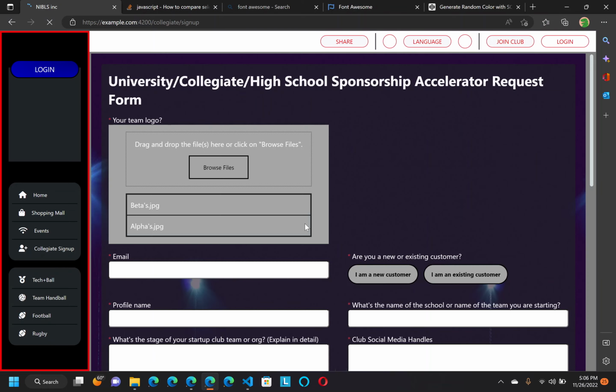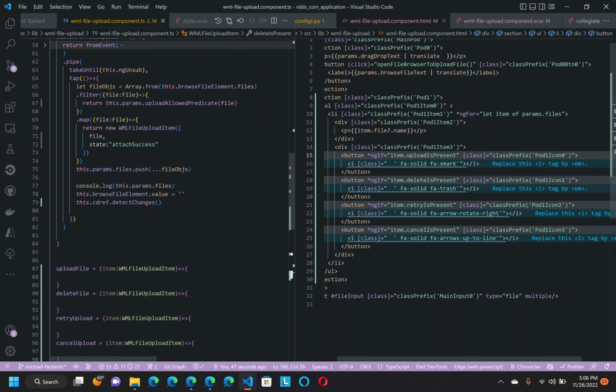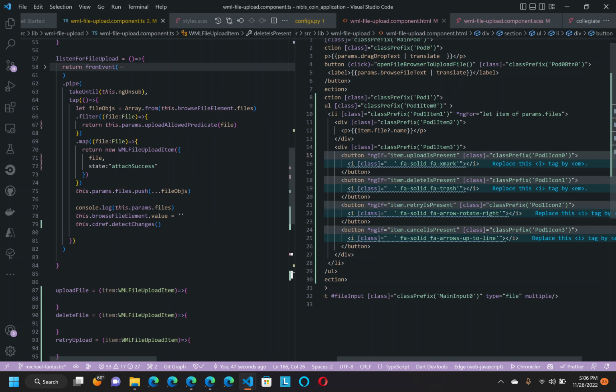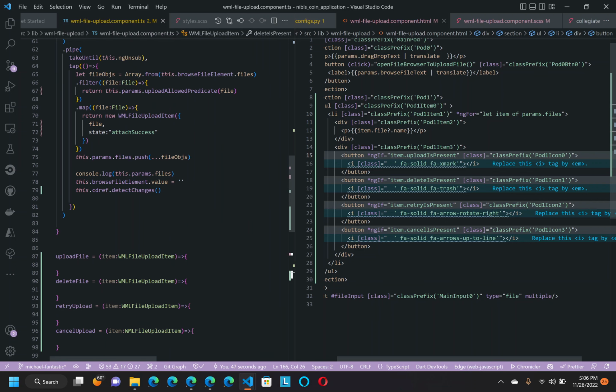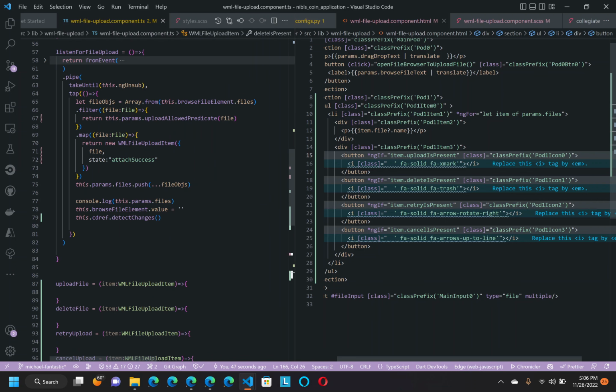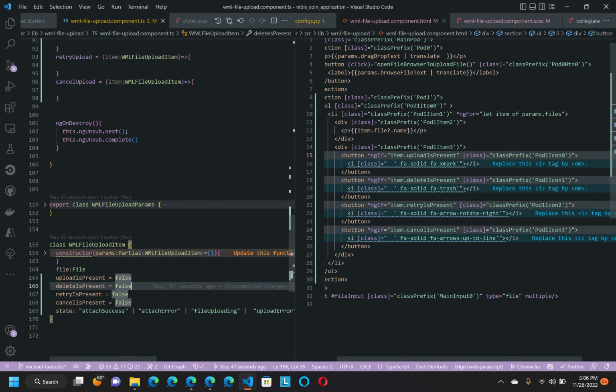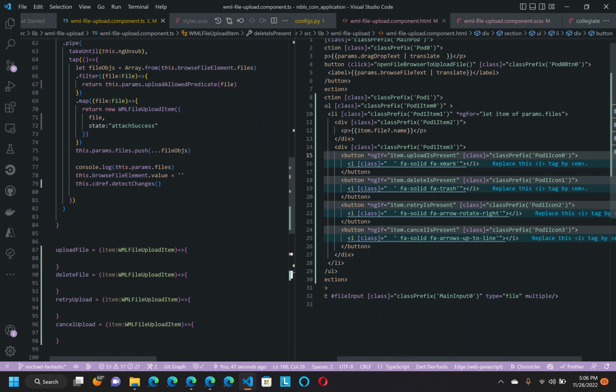Now the values should show up. And now every time there's a certain state, that I kind of want to